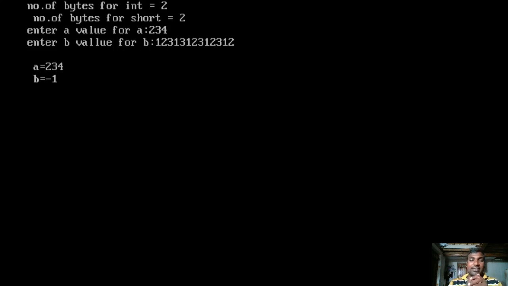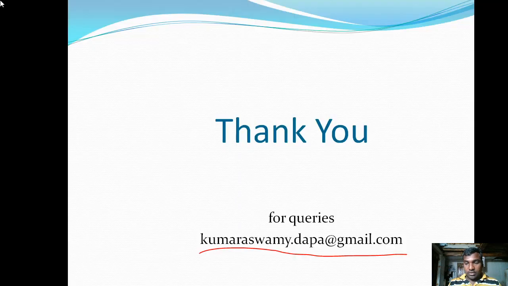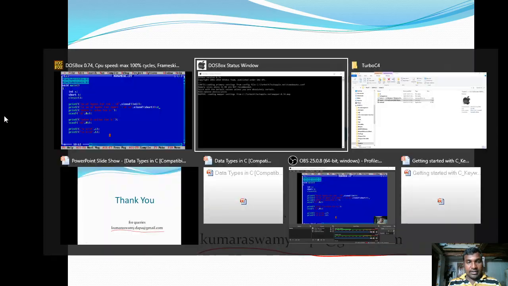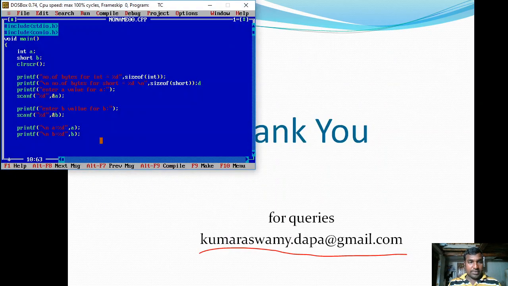That's why it is giving -1. Like this, you can try for any number of variables.